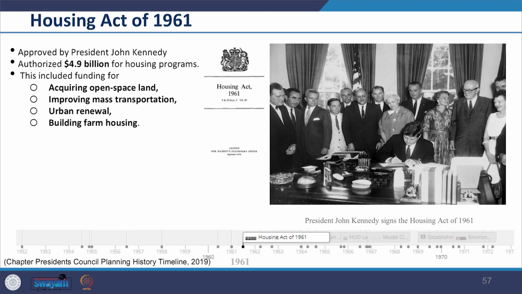The American Society of Planning Officials welcomed the act as providing opportunities which were never possible before, and it also provided opportunity for coordinated planning of community development. In 1964, we see that the Urban Mass Transportation Act came in.